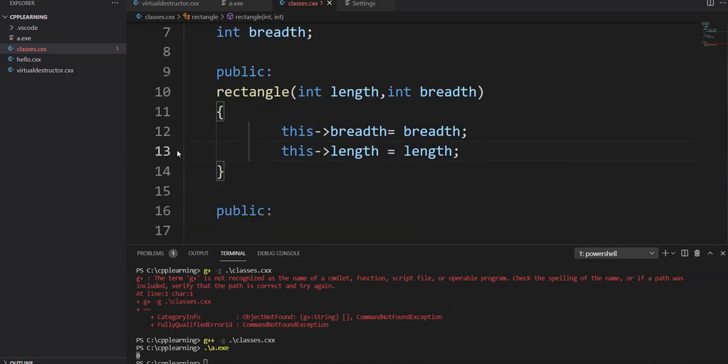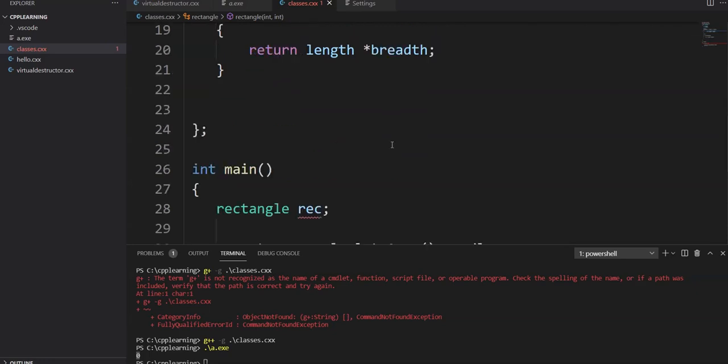Here this is a keyword in C++. It's a pointer to the current object.